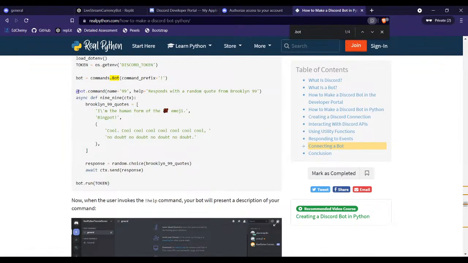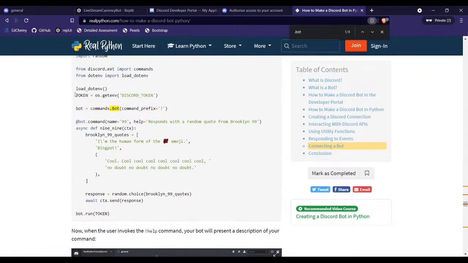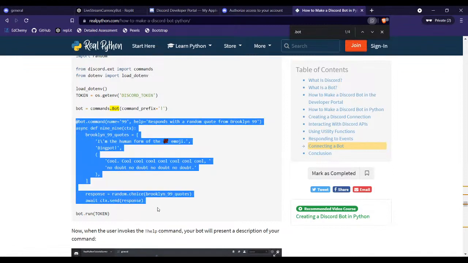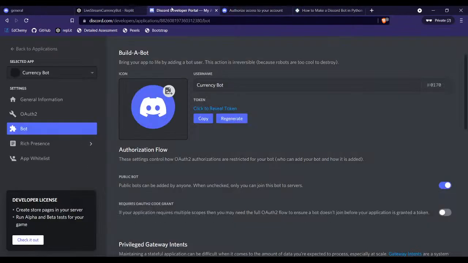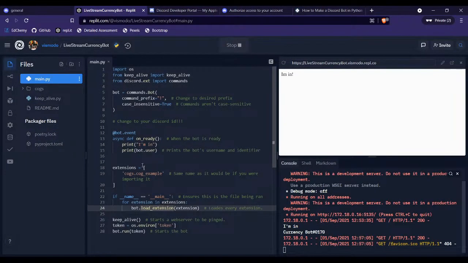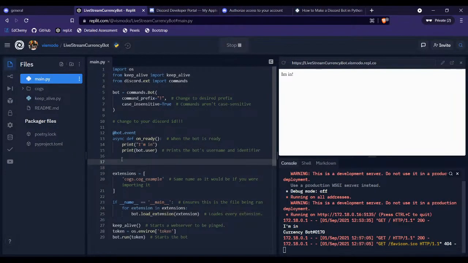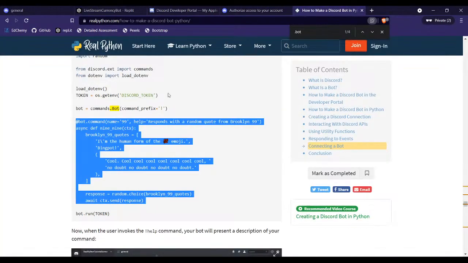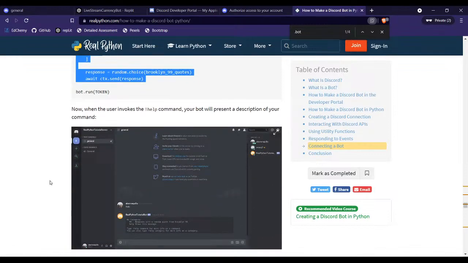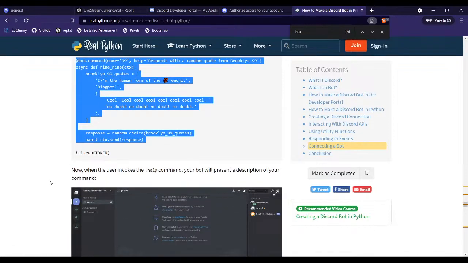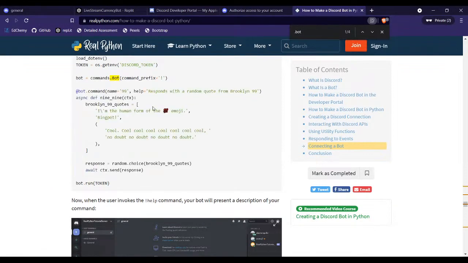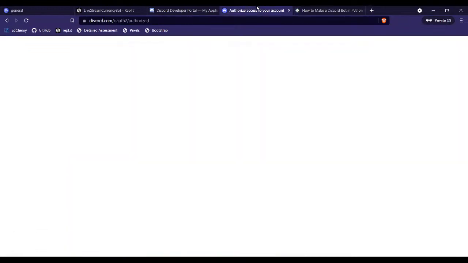So we can create a command. If we use this, just until that part, I'm going to explain what it does once we paste it in here. So, paste. The name of the command is 99. You can change it to whatever you want, and then it's the help. It says help is equal to,